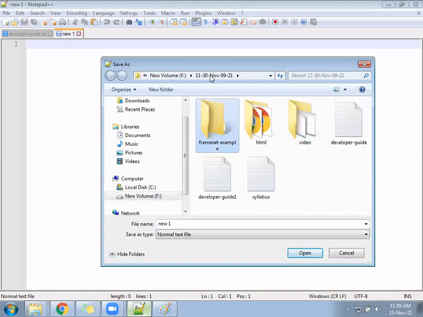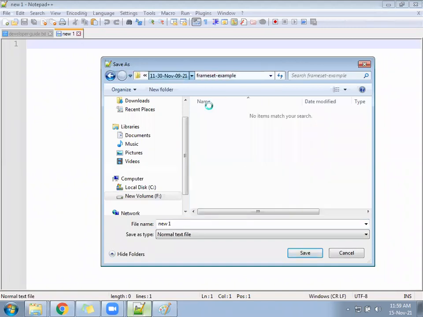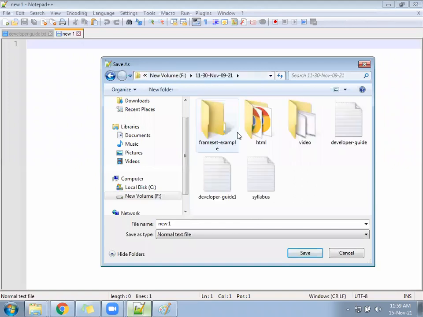The folder is organized properly. While saving, remember, okay?